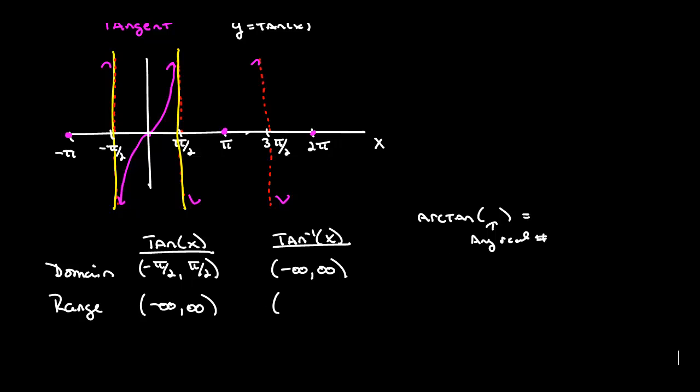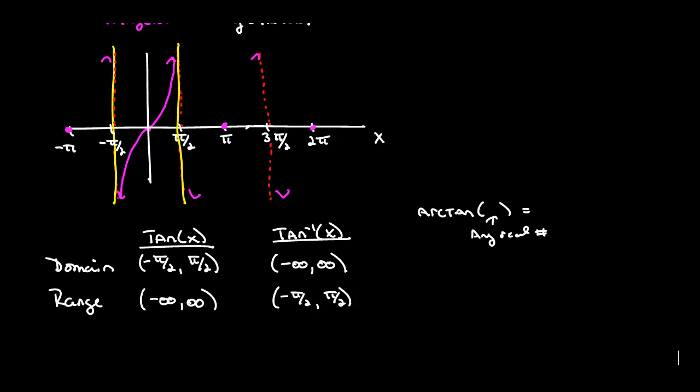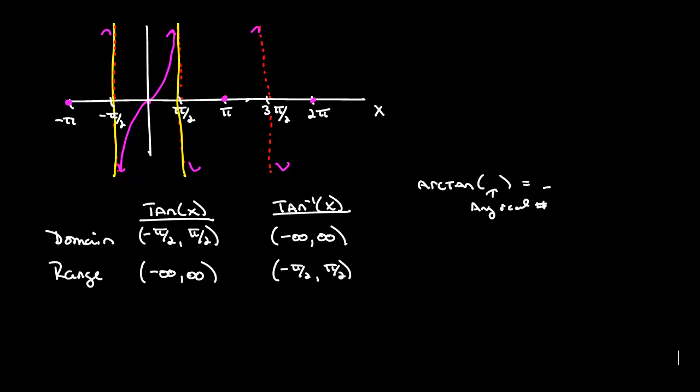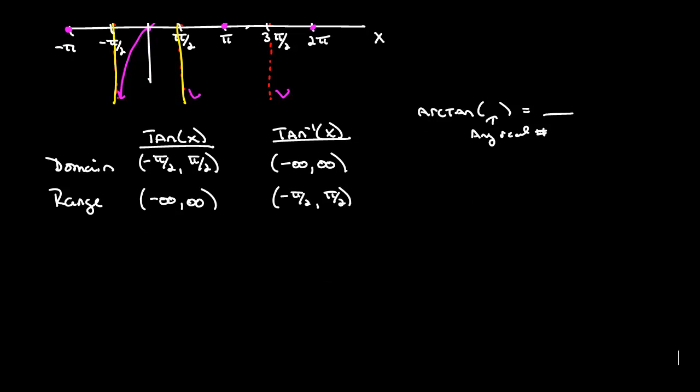And what will it output? It'll output values between negative pi over 2 to pi over 2 exclusive, so not including those. So there's our domain and our range for our inverse tangent function. It tells us what we can plug in and what we can see come out. Plug in any number we want, and the only values that we can see out are on this interval. Now for cotangent,